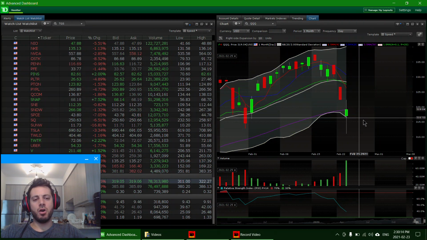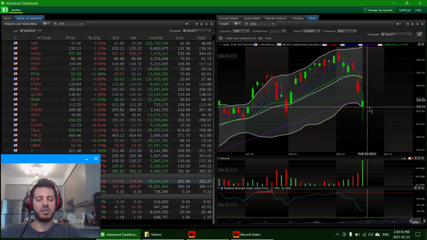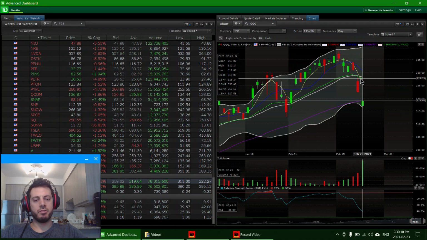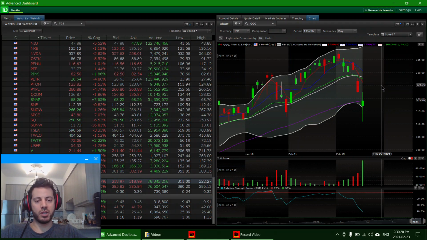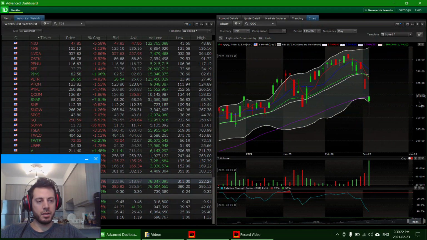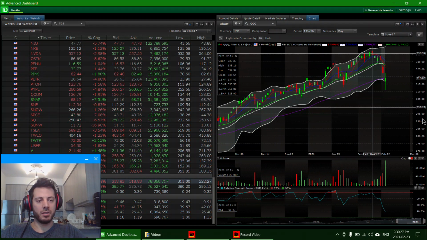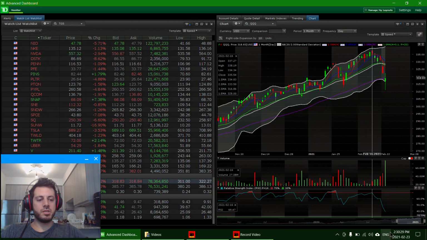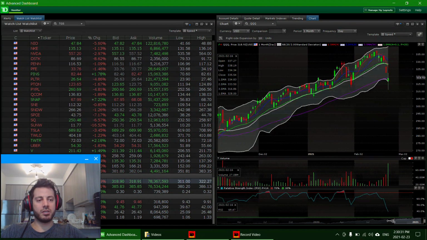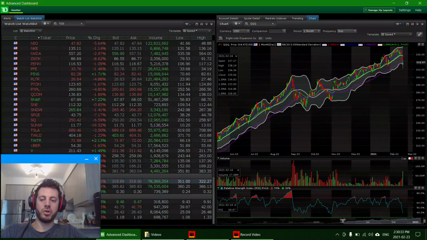I find that almost every single day a stock touches its 4-day moving average. Not every day, but almost every day. If you look back, the candlesticks touch the red line almost every day. So I tend to use that as a support or a resistance point that I look at when trading,